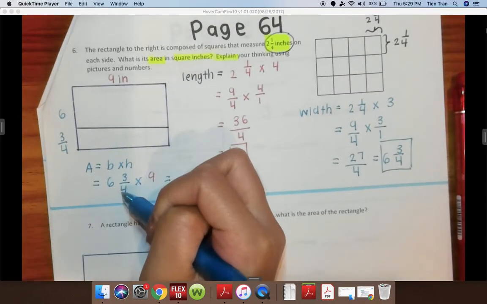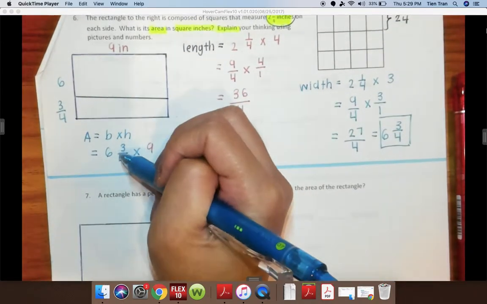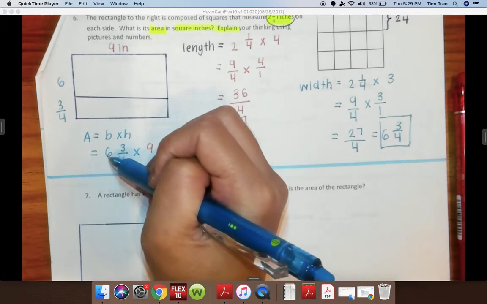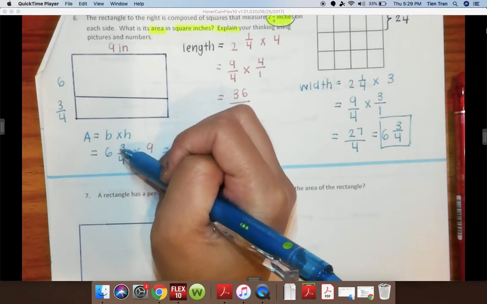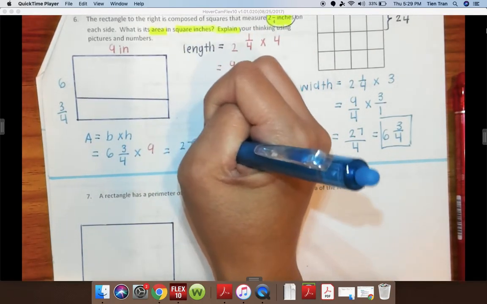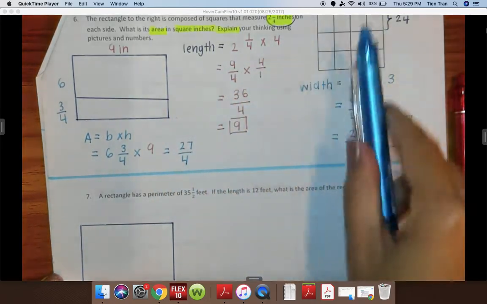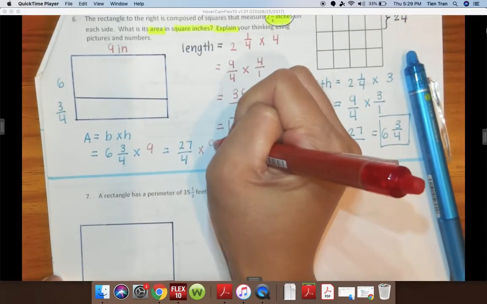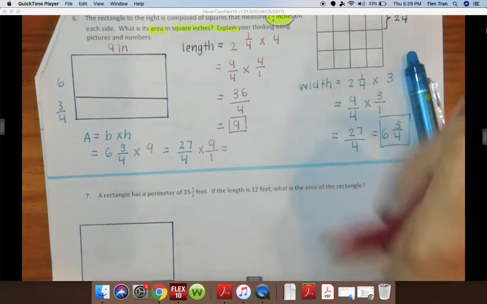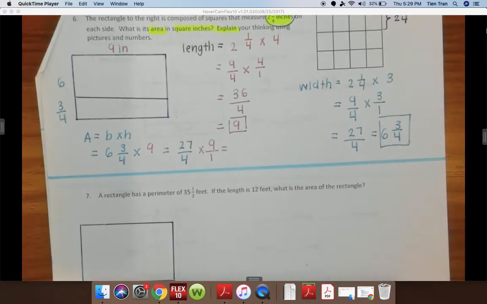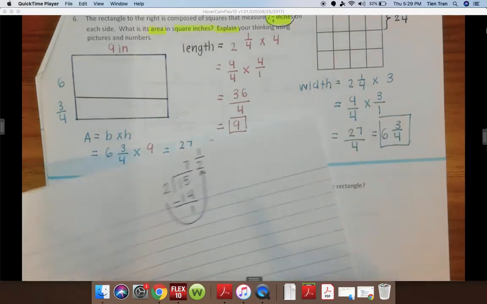6 and 3/4 is converted into an improper fraction. So 4 times 6 is 24. 24 plus 3 is 27 over 4. I'm going to multiply that times 9 over 1. Okay? So let me show you what is 27